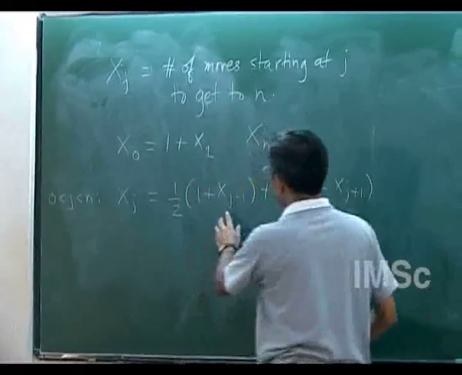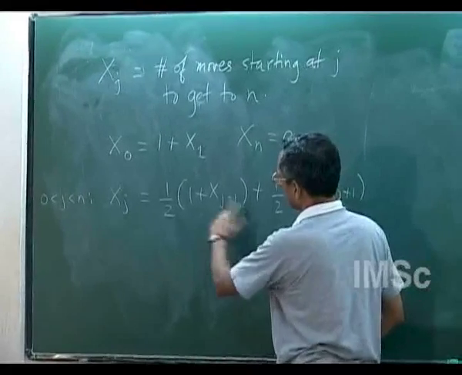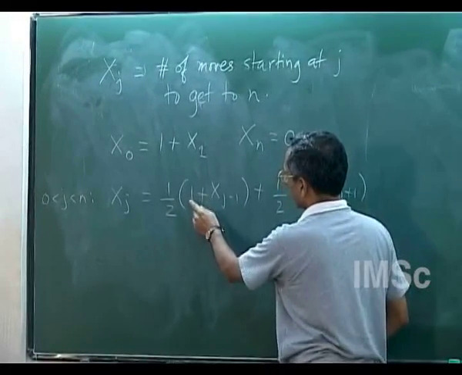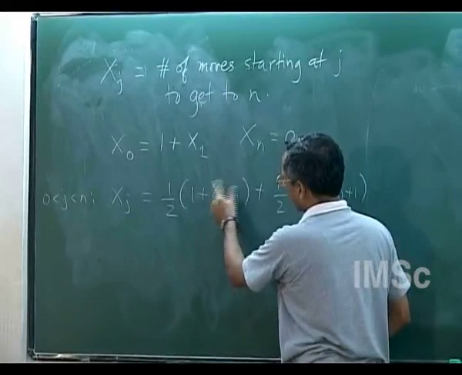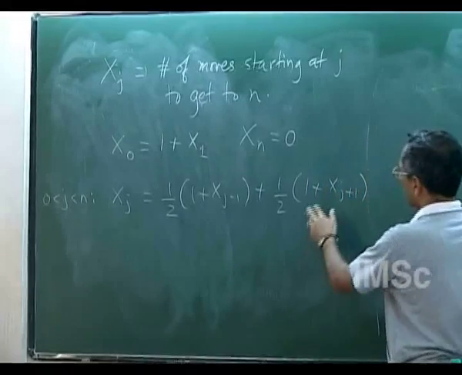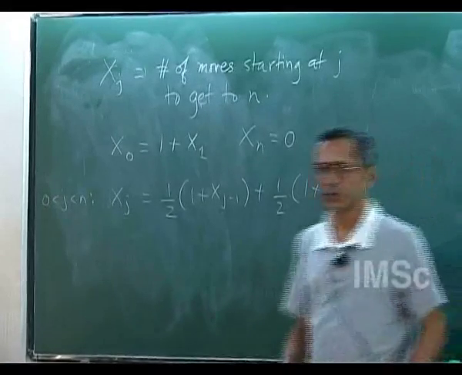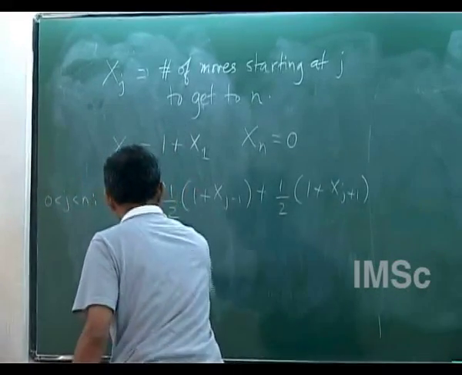With probability 1/2, I move one step away, sorry, closer. So I make 1 move, and then I need to make x(j-1) moves. Or with probability 1/2, I move closer. Okay. So this of course can be rewritten as